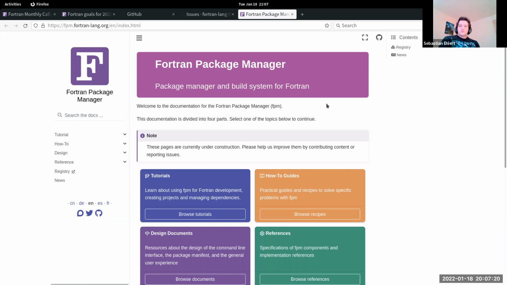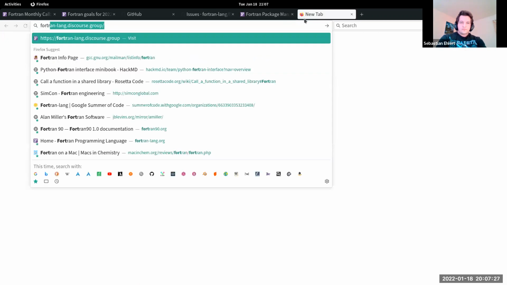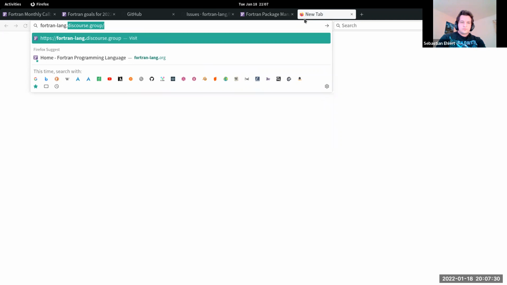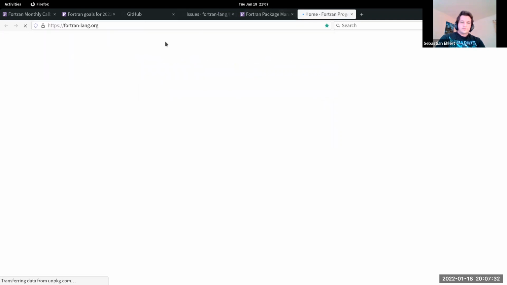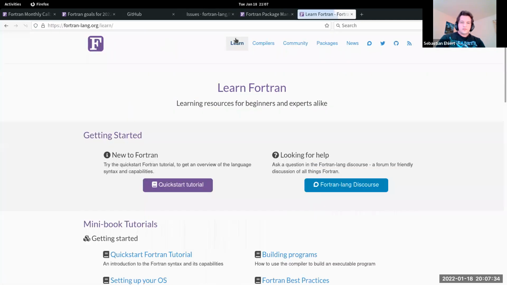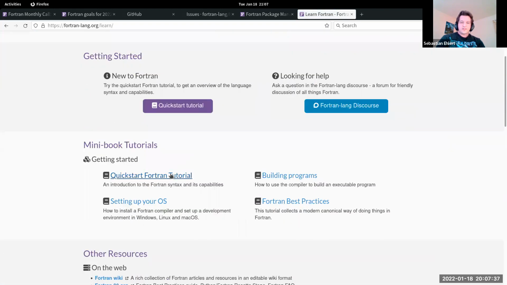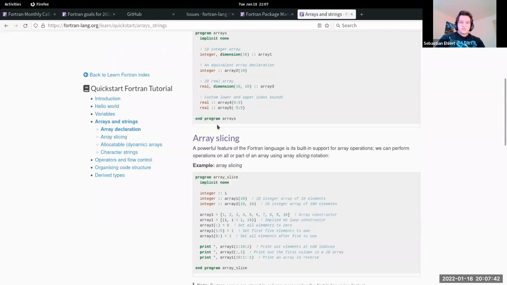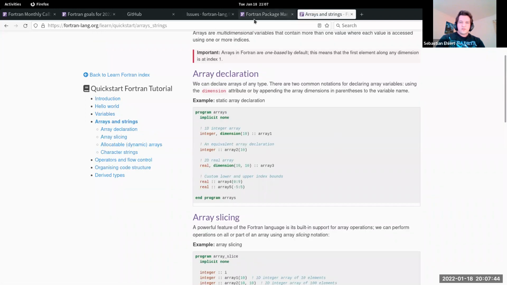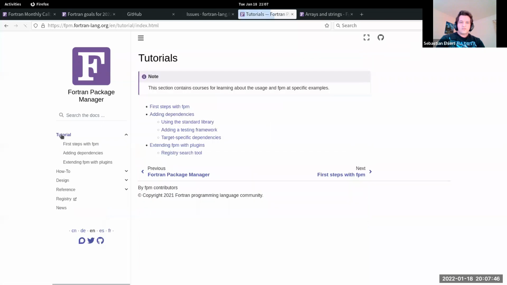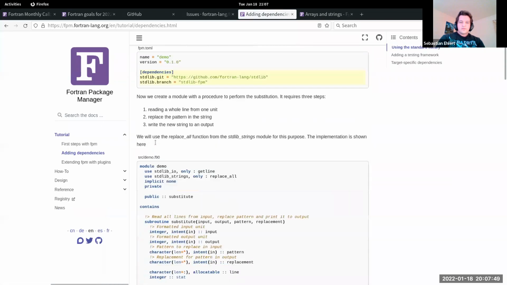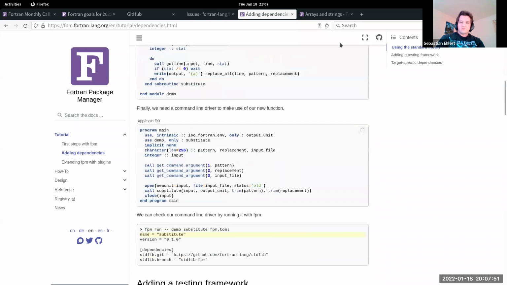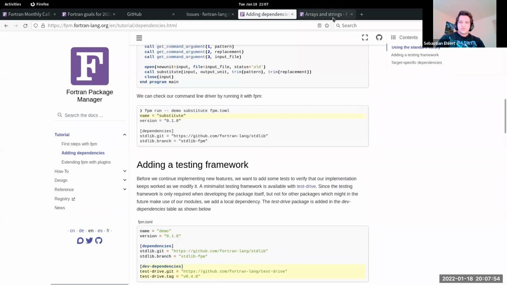I mean, also, of course, there would be the web page for learning, but if you compare the learn page, let's take the quick start guide for this, and then compare it to something like a tutorial we have for FPM, the look is, I guess, somewhat different.